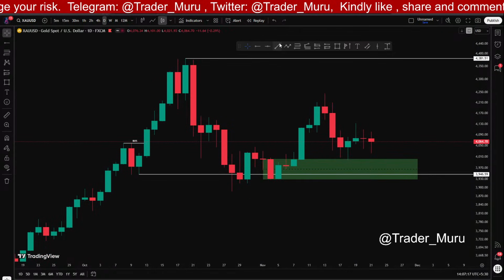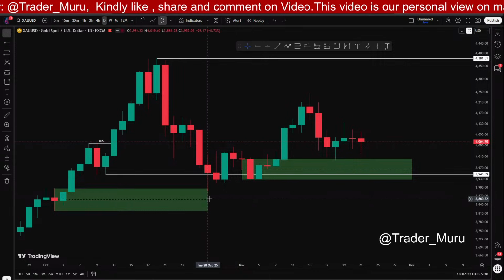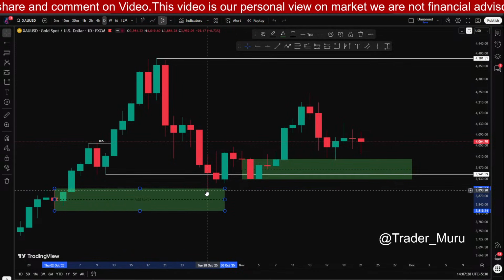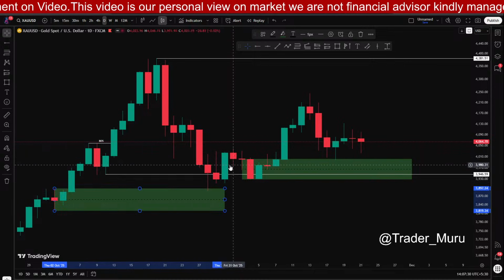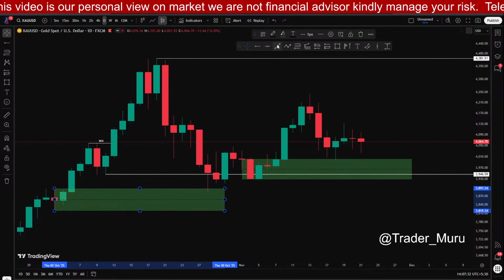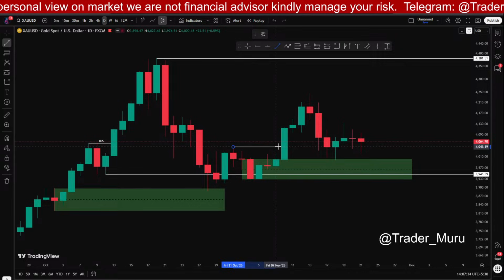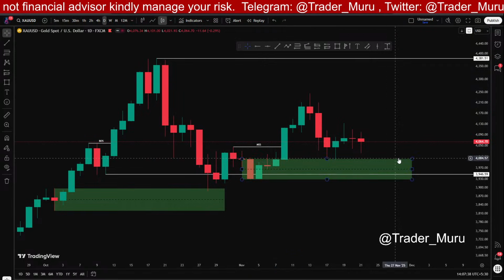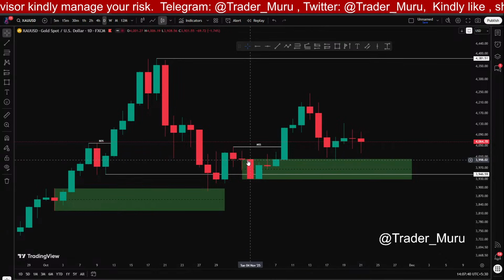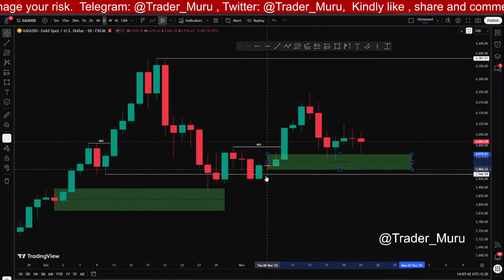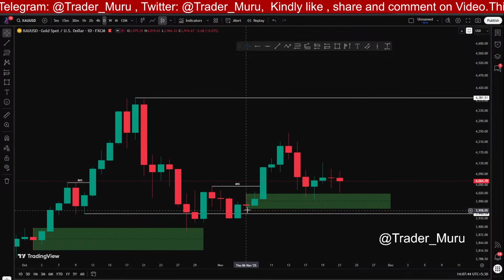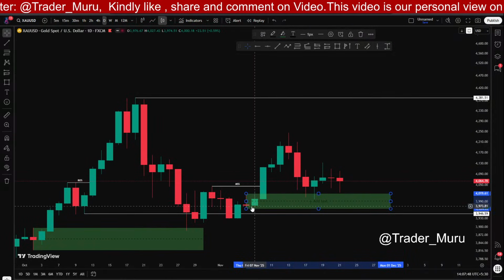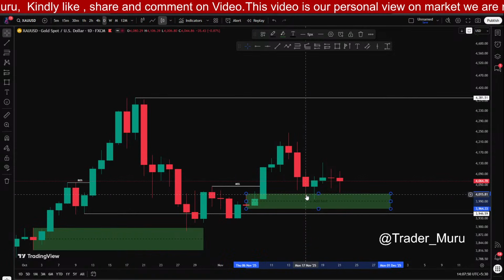Below this low we had... so price just swept liquidity here, tested this area, and again reclaimed. After the reclaim we have this market structure shift. So right now price is bullish in the daily time frame, and it is bouncing from this zone here. In the daily time frame, this is the order block which was pending for the test, and price just tested it and